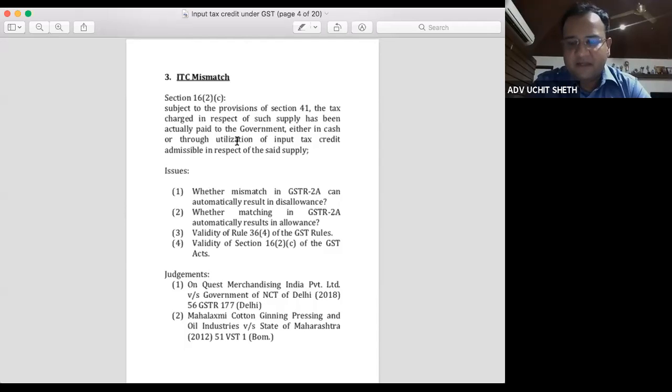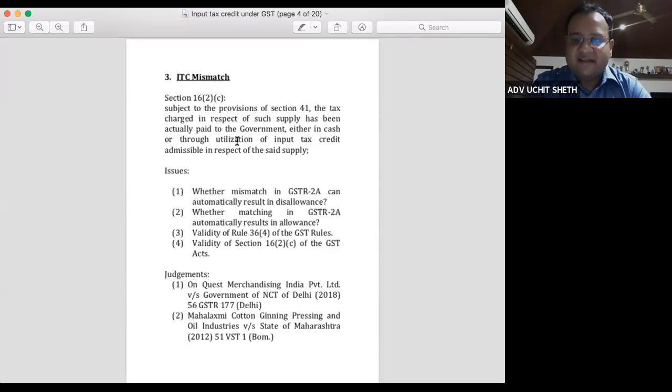So now the next question that would arise is whether the legislature can enact such a provision whereby even though I am a bona fide purchaser, I have purchased goods or availed services from a registered taxable person. The registered taxable person has admitted those transactions in his returns. He has in fact even shown that the tax is paid with his returns. The transaction is reflected on the online portal in the form GSTR 2A.